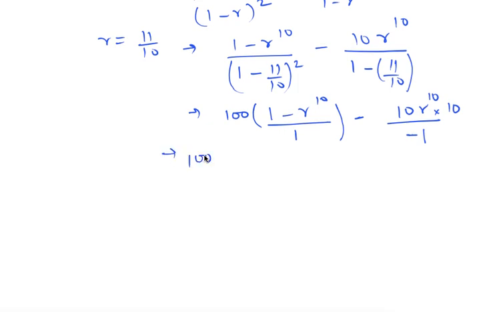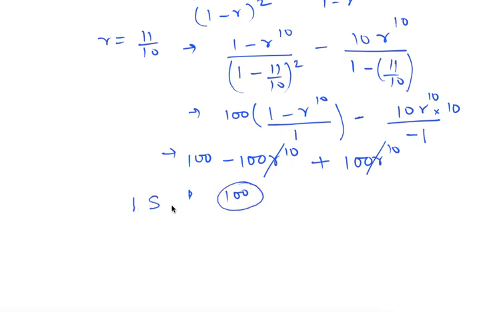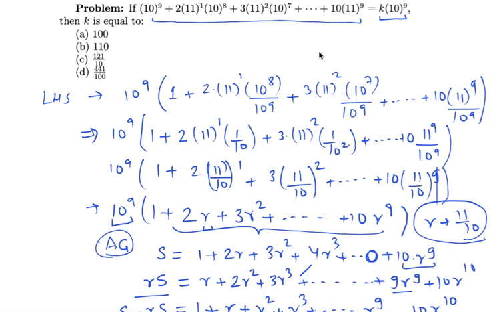Let's solve this. 100 minus 100 into r to the power 10, and minus will become plus 100 r to the power 10, right? So this r to the power 10 term cancels out, and what we get is 100. So the value of S, which is k, is equal to 100. So this is the answer. So answer is option